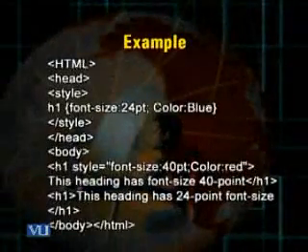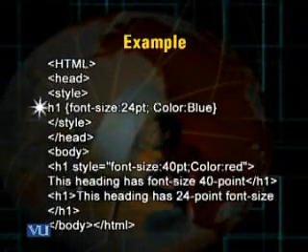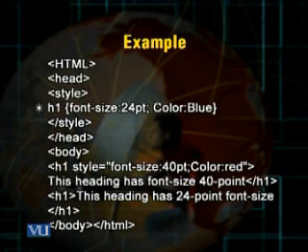As you have seen in this example, in case of the style definition, font size 24 point and then the color blue, I had separated these 2 properties, font size and color, with the help of the semicolon. Similarly, in the inline style, I separated the font size 40 point and the color red with the help of the semicolon.